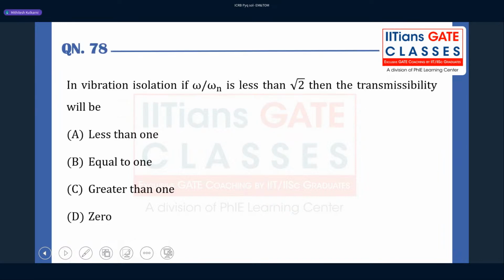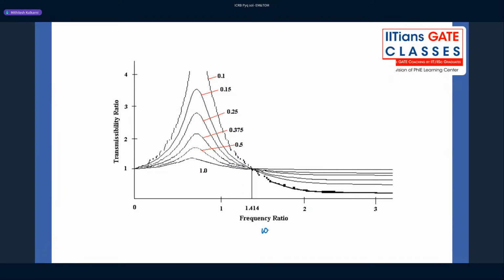Yeah, again, this question is from the vibrations topic. In a vibration isolation, if omega by omega n is less than √2, then transmissibility is. We know the transmissibility ratio is force transmitted divided by the applied force. And omega by omega n is the frequency ratio, and if it is equal to √2, irrespective of any value of